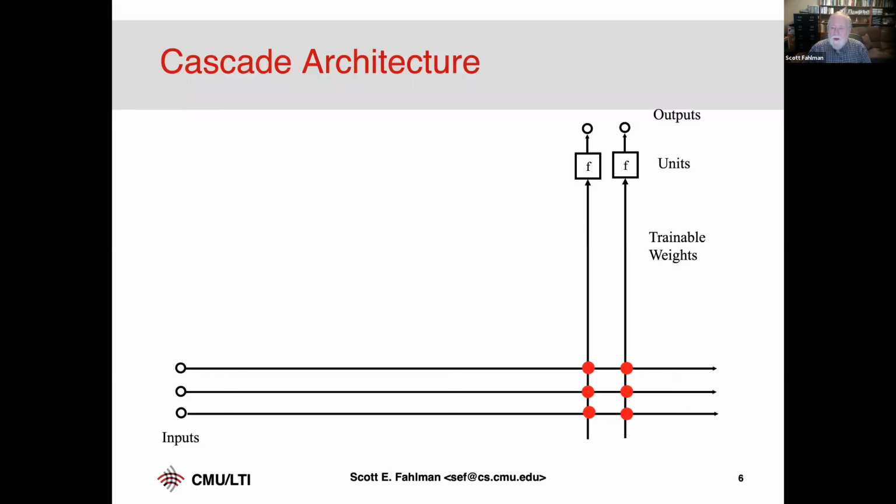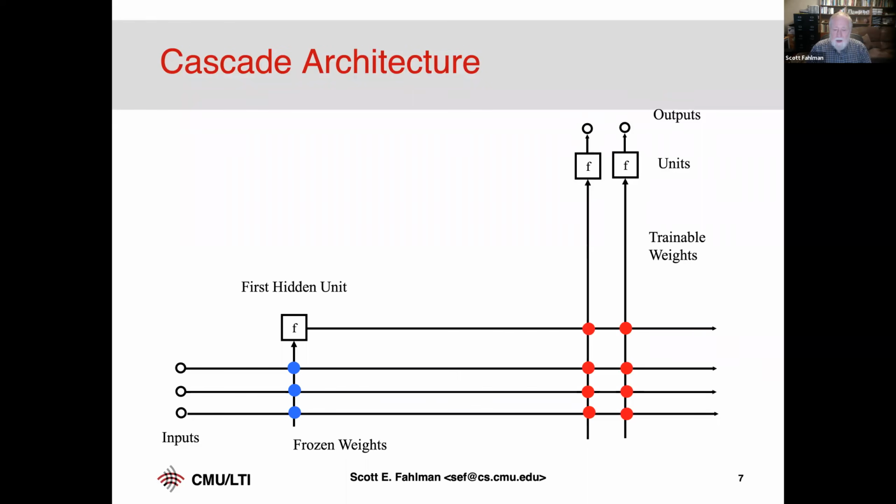We start out without any, we train it as well as it can, and now we're just looking at the residual error, the components of the error that can't be solved without hidden units. So here we go, let's train up a hidden unit. I'll talk about how we do that in a minute. And this hidden unit now we can add to the network. It's trained up to correlate with some of the residual error, hence the name cascade correlation. And we train it up to match some of the error, and then we're going to add it to the network. So here's the first hidden unit.